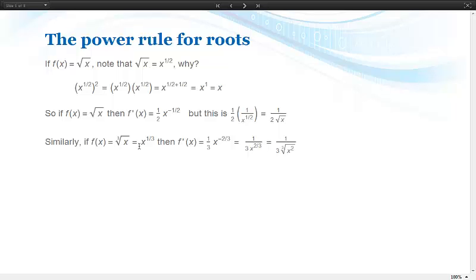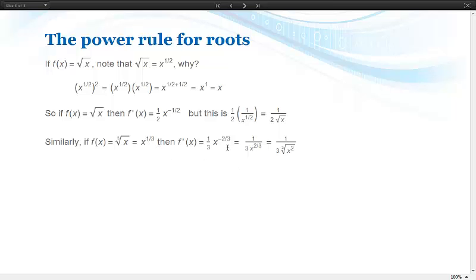same as x to the 1/3 power, because x to the 1/3 times x to the 1/3 times x to the 1/3 is x to the 1, or x. So this x to the 1/3 represents the cube root of x. So the derivative then would be 1/3 x to the minus 2/3, because if I subtract 1 from 1/3, I